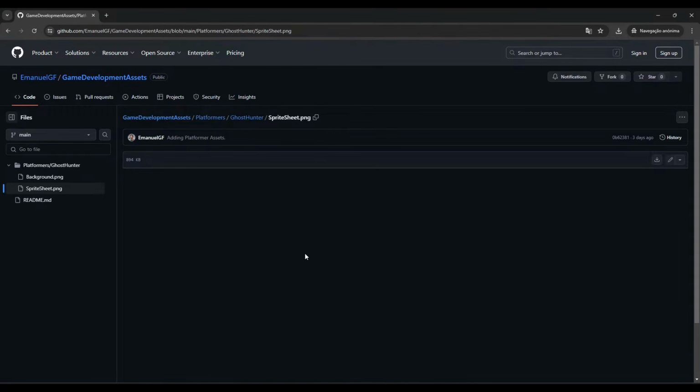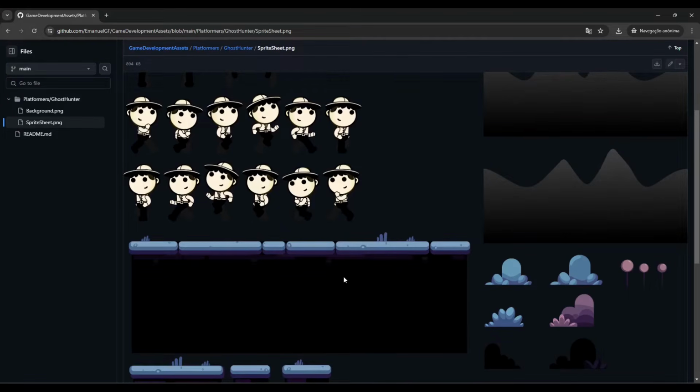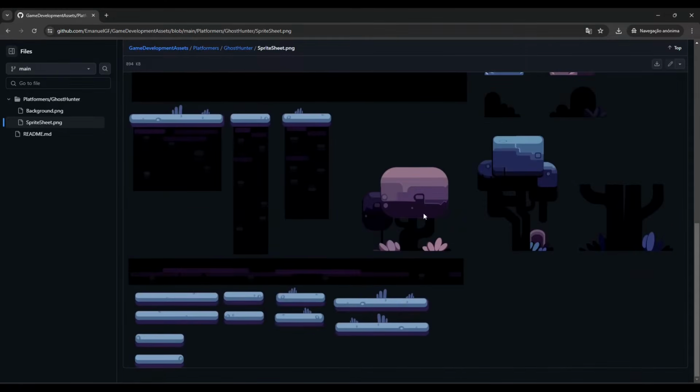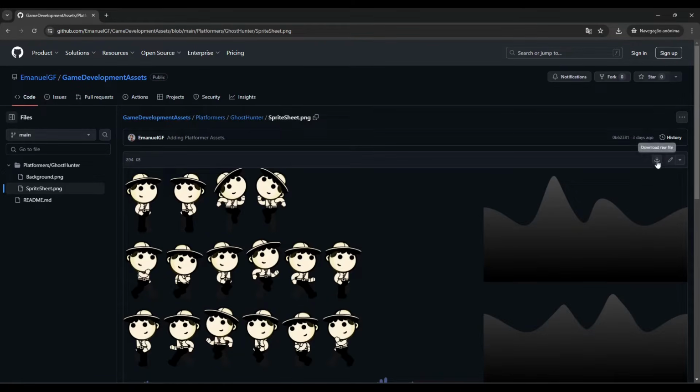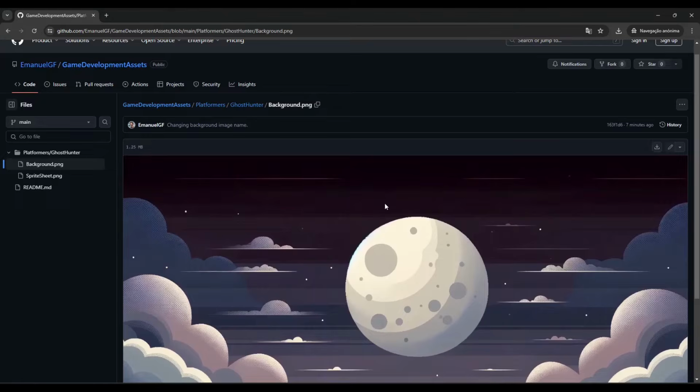The sprite sheet is a PNG file that contains all the images that we will be using in our game. This includes the character, the various images for the animations, and also the platforms and the world elements here. You can click on this button on the right here and download it to your machine. Also the background, you should download it and have it available so we can start creating our game in the